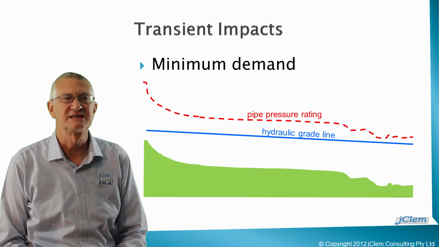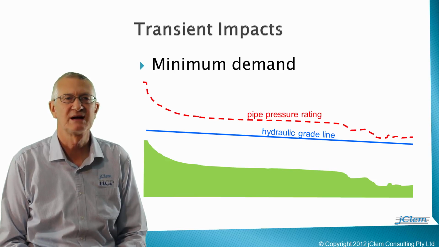In the dead of night in winter, customer demand on the pipe network may be negligible. As a result, initial steady-state hydraulic grade lines are likely to be at their highest levels. Consequently, a pump start or pump stop scenario with low demand may come close to the maximum permissible head. In summary, the absolute values of minimum and maximum transient heads can depend on customer demand.